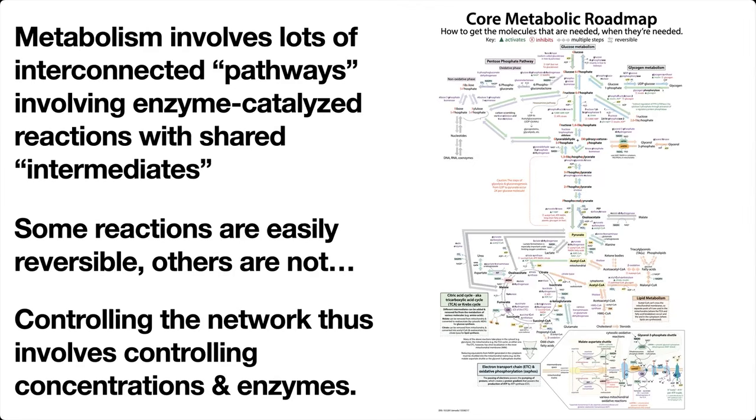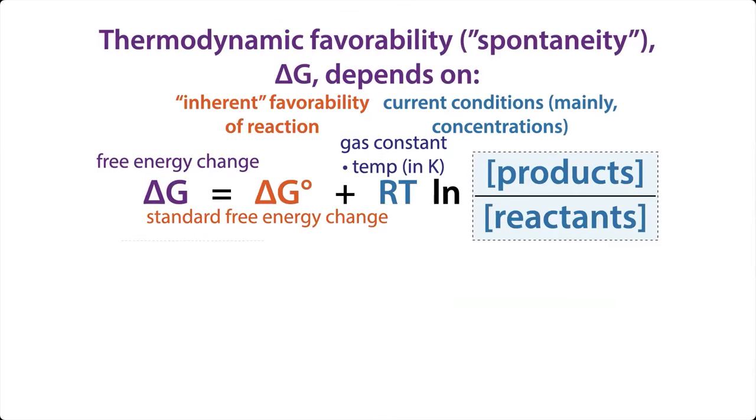Now, everything is technically reversible, but just because it's technically possible doesn't mean it's going to happen. So if we want to think about thermodynamic favorability or the spontaneity of a reaction, and I hate the word spontaneity because it makes it seem like, poof, it just is always going to happen. But even for those quote unquote spontaneous reactions, you're often going to need some sort of catalyst, something like an enzyme that's going to lower the activation barrier and help you actually do the reaction. But enzymes can only make the reaction happen faster, they can't make the reaction favorable.